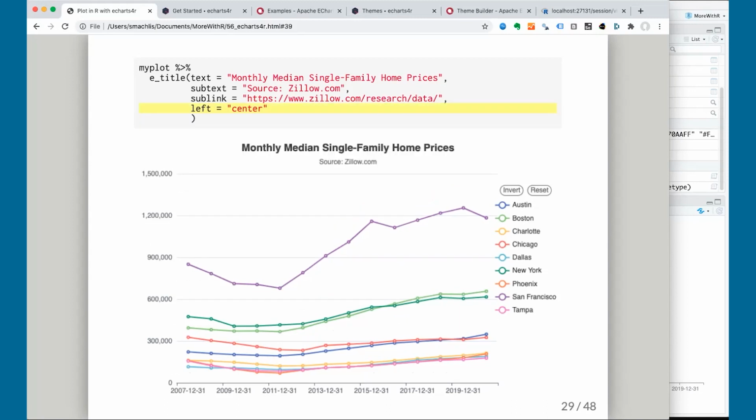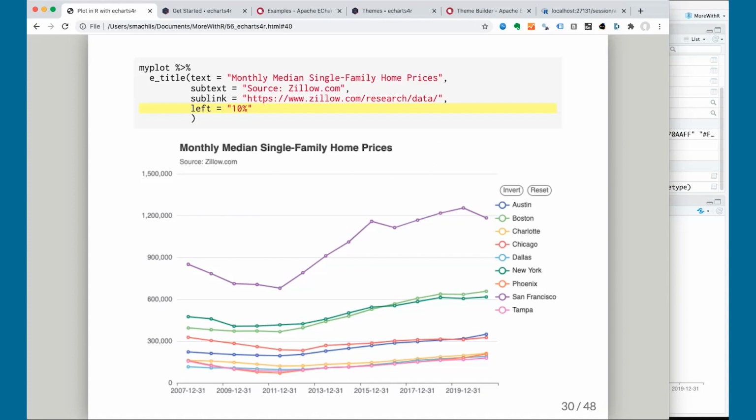If I want to change the alignment of the headline and subheadline, the argument is left. Left can take a number for how much padding you want between the left edge and the start of the text, but it also can take center or right for alignment, as you see here. Left equals center isn't very intuitive for new users, but it does make some sense if you know the reasoning behind it.